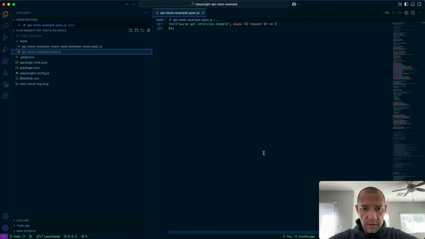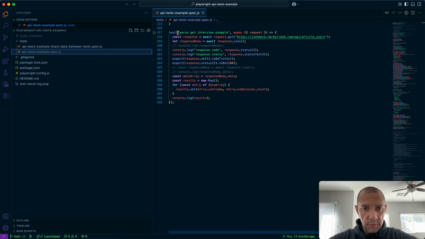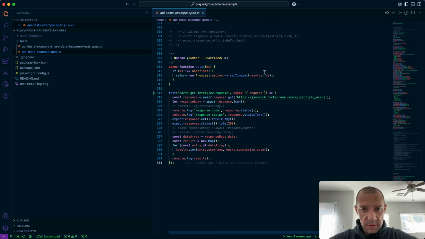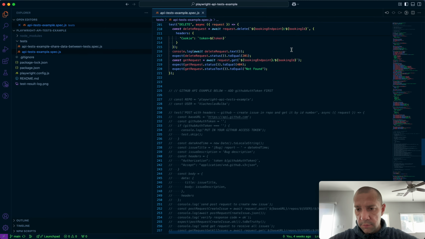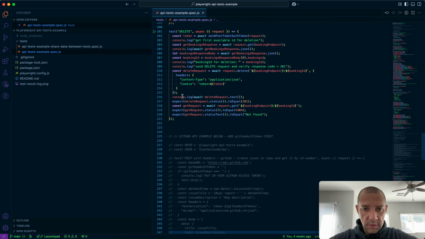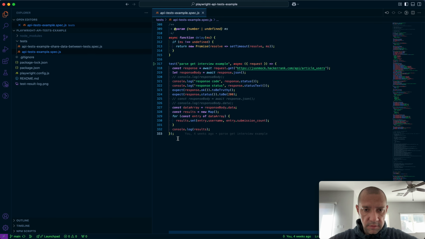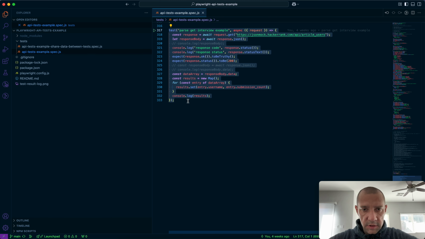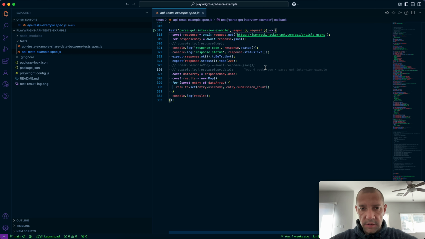So yeah, in this example, recently I was asked to implement some UI tests and API tests on one interview. So I basically just opened this project, used it as a boilerplate, cloned it as I showed, just copied some of my code, reused it, and basically the API test example was ready within a couple of minutes. So in order to be ready for such situations, just have some projects,